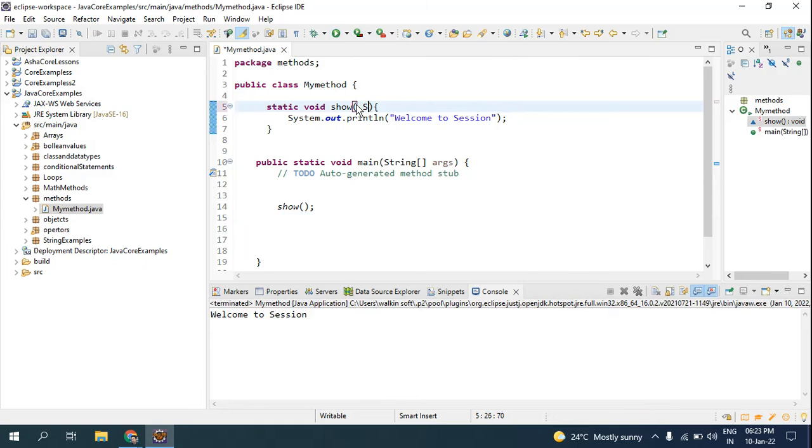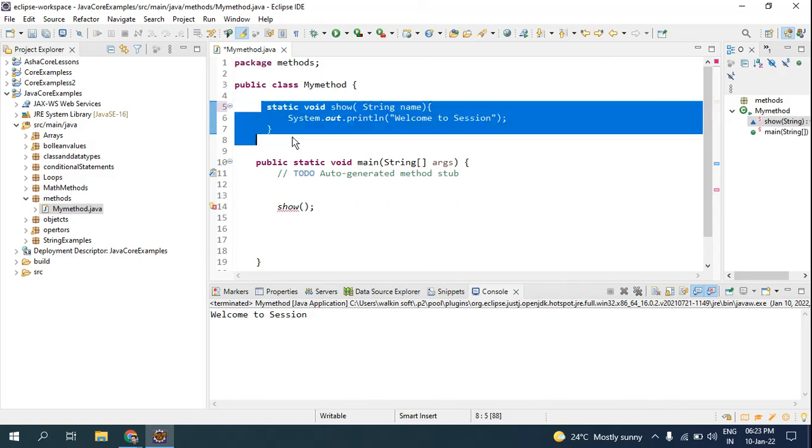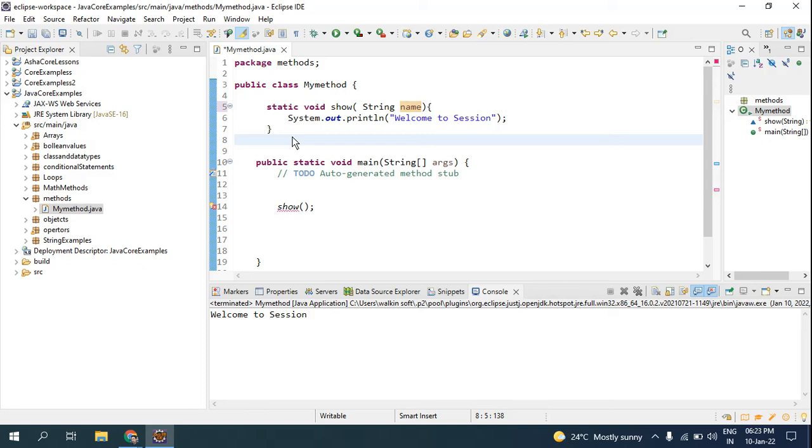So for now I'll give String, then I'll give the variable name as name. For now you are getting this error, just ignore it. Try to understand that I have passed a parameter here. This is the parameter, and you have to give the data type. If you have not given the data type, the compiler will give you an error.